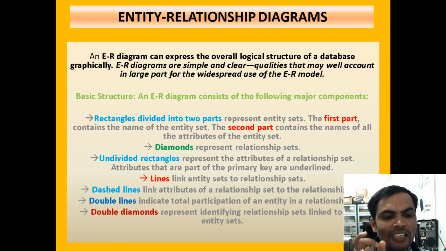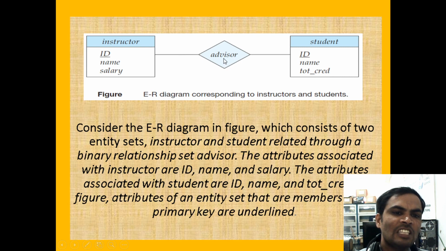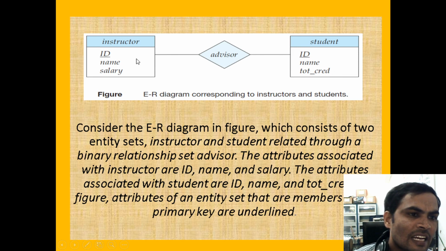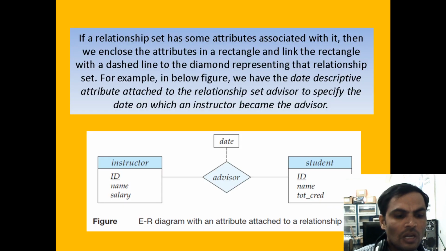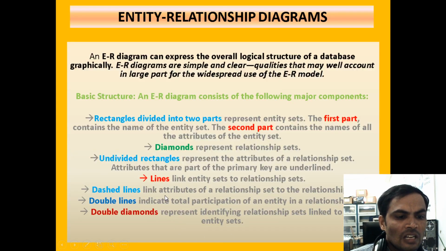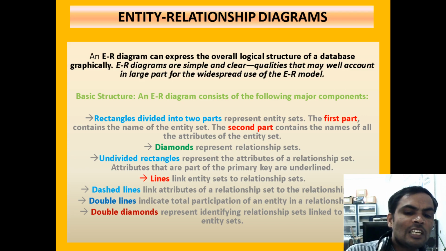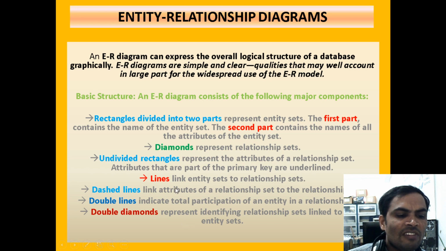When you use a double line, for example, which I will discuss under the weak entity set, compared with a single line, it means the attributes under this entity should be associated under the second entity set's attributes. At that time we should use a double line. A double line indicates the total participation of the entity. Those entity name and attributes will be participants in the relationship.